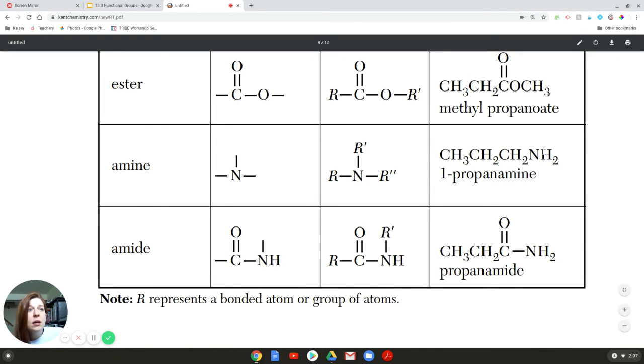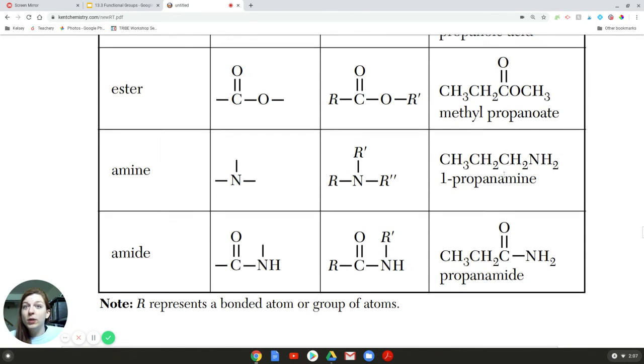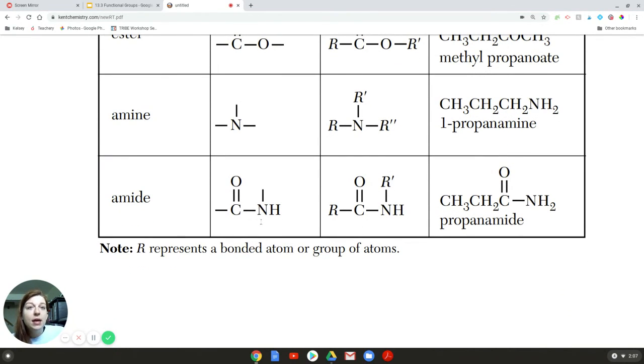That nitrogen more than likely will be attached to hydrogens. You should remember from the bonding unit that nitrogen has 5 valence electrons, so it needs to bond 3 more times in order to get its full valence. So nitrogen is bonded to the carbon chain and then to 2 hydrogens, and that's how it's going to get its full valence. And then lastly, we have amides, or amides, and those are